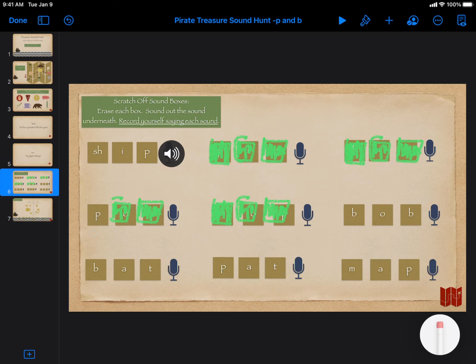So, p, ah, p, pop. Okay, same thing over here. M, ah, p, mop. Okay, alternately, you could also have the students circle as opposed to erase, and they could use